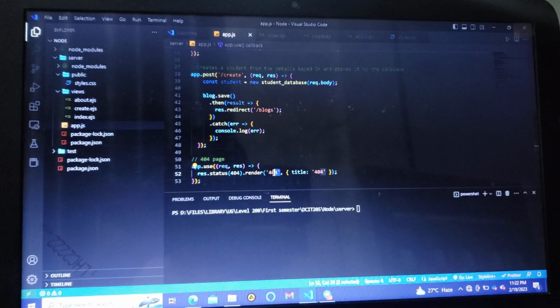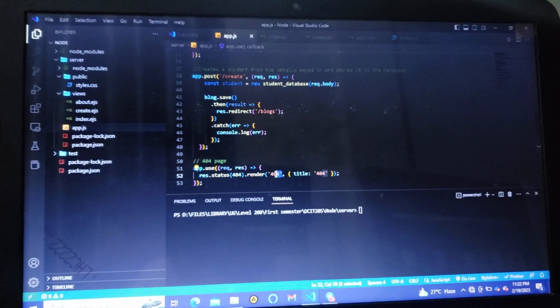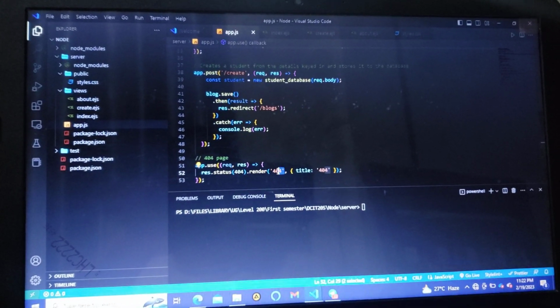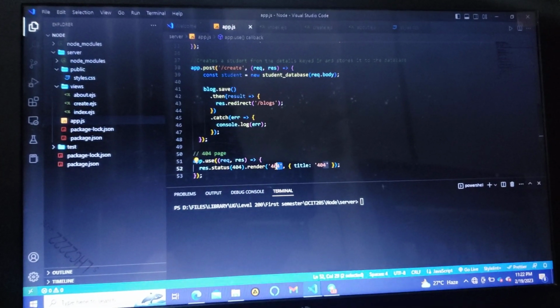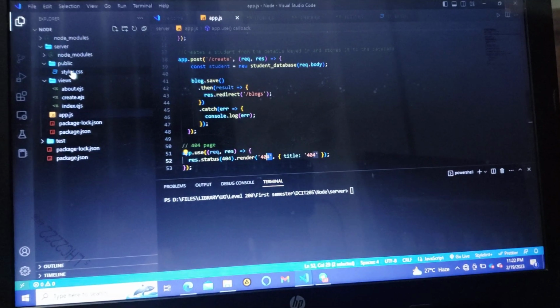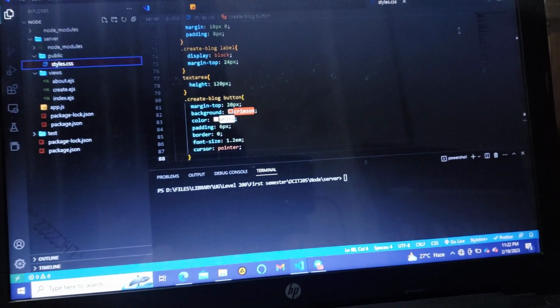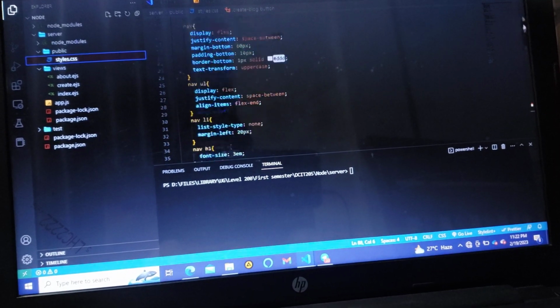If you try accessing any website that's not on our page, then we'll give you a forward error. So basically that's how the whole thing is running under the hood, and this is our CSS properties